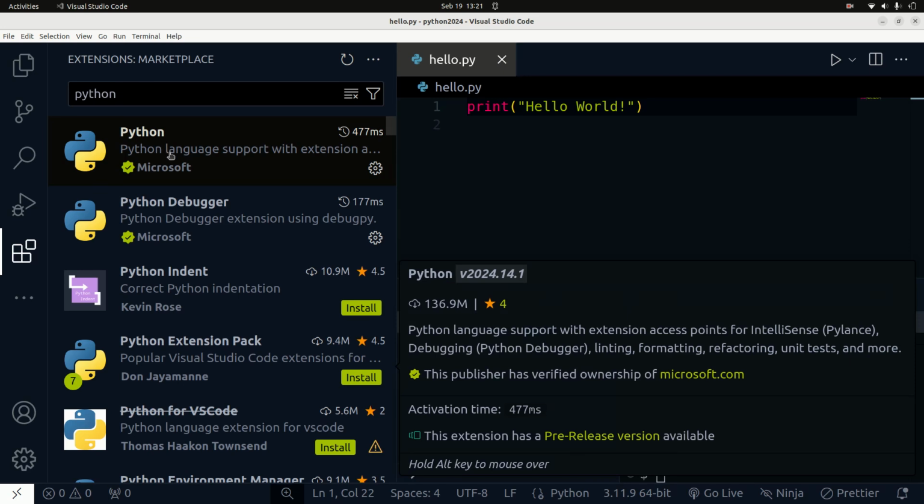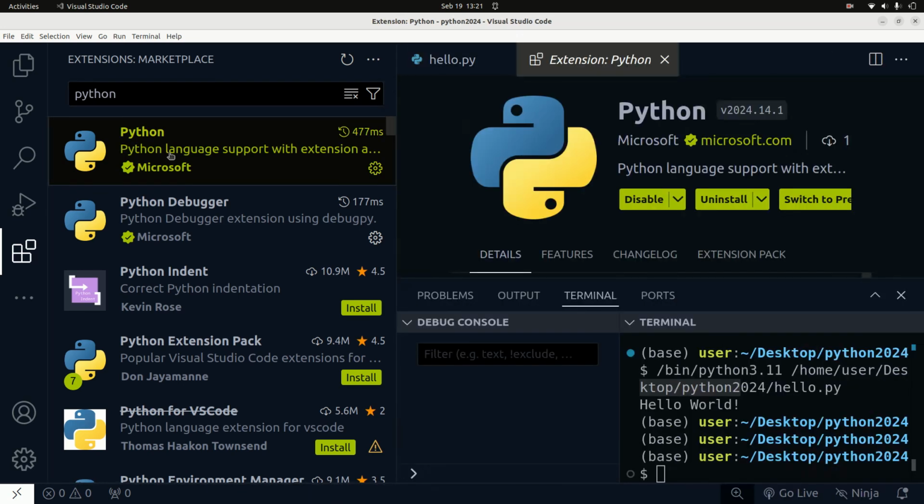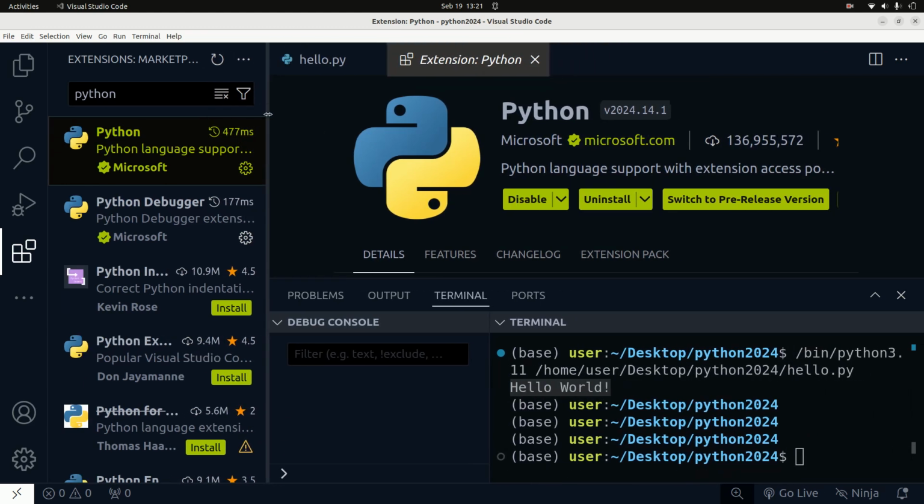So you will get Python from Microsoft, then you install it. So if you install it, you will be able to have Python installed. However, when running this, sometimes for the first time you may get an error